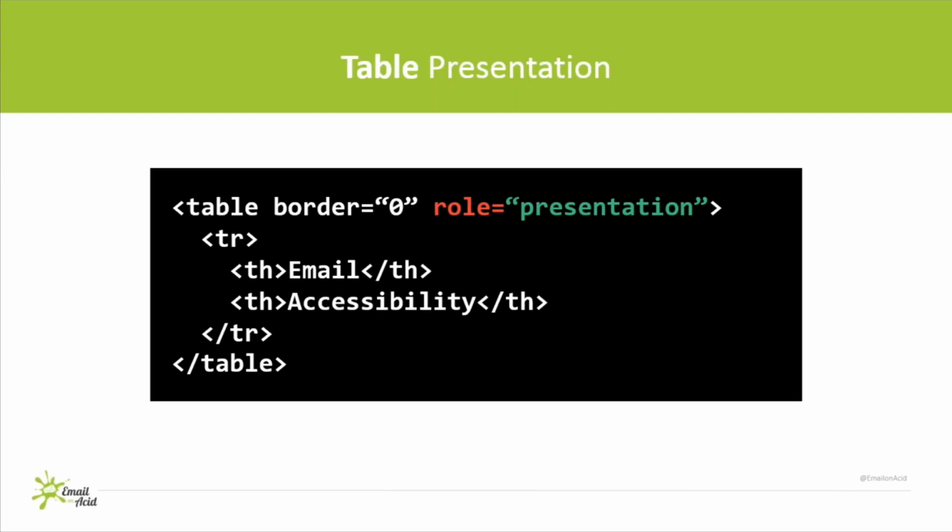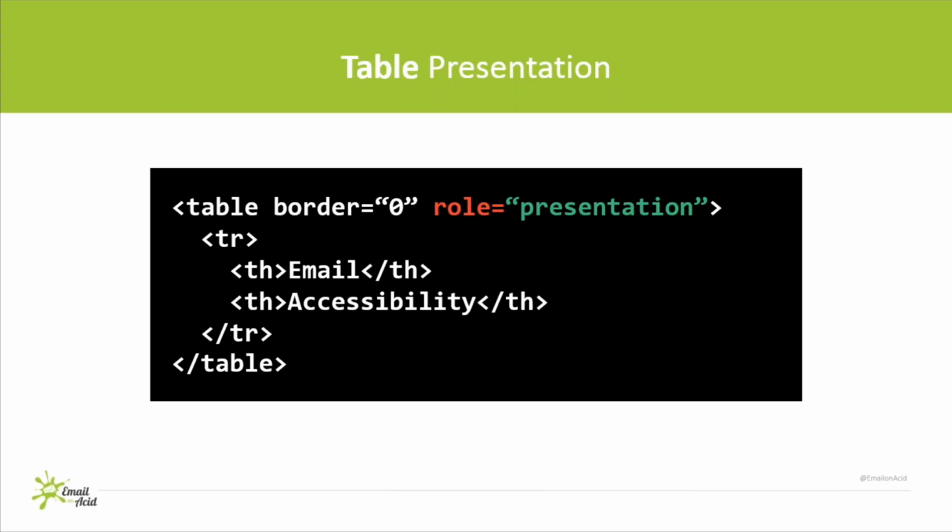You have rows and columns, and you show data in that area. And so what happens with a screen reader, it will actually go through and say table 1, table row 1, table header, email, end table header, accessibility. It will go through all this stuff. But if you have this role presentation attribute on it, it will skip all that and go straight to